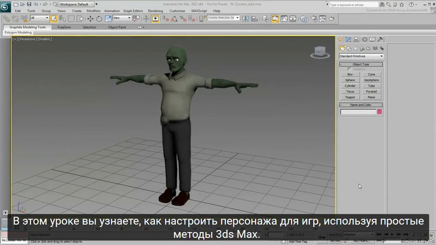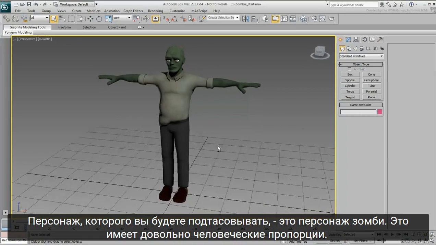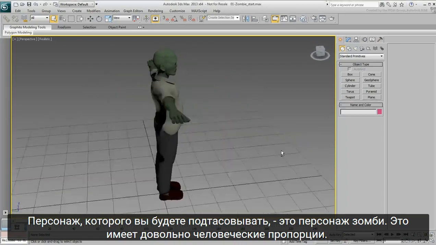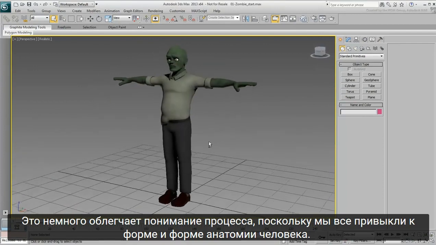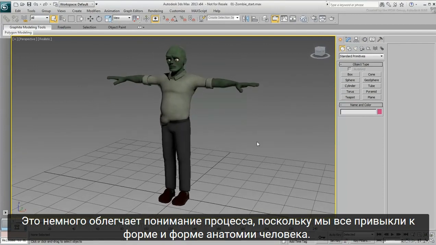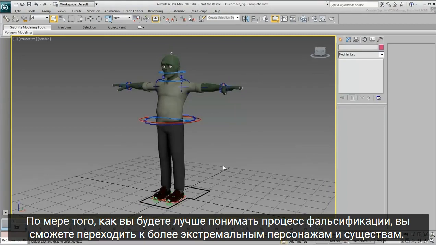In this tutorial, you'll learn how to rig a character for games using simple 3ds Max Bones techniques. The character you will be rigging is this zombie character. It has fairly human proportions. This makes the process a bit easier to understand, as we are all used to the shape and form of human anatomy. As you understand the rigging process better, you'll be able to branch out to more extreme characters and